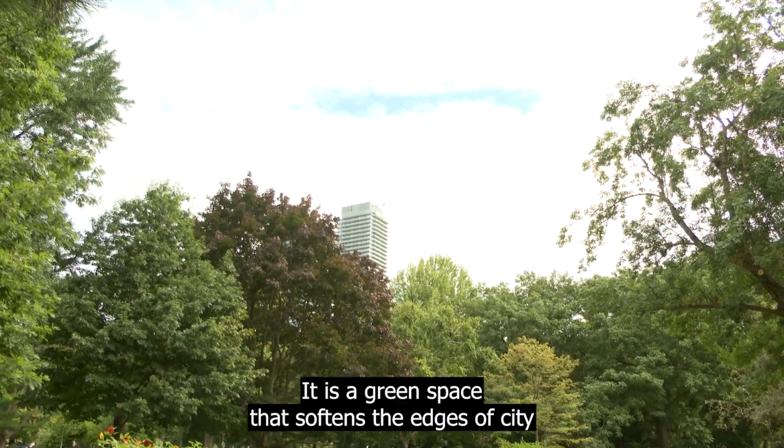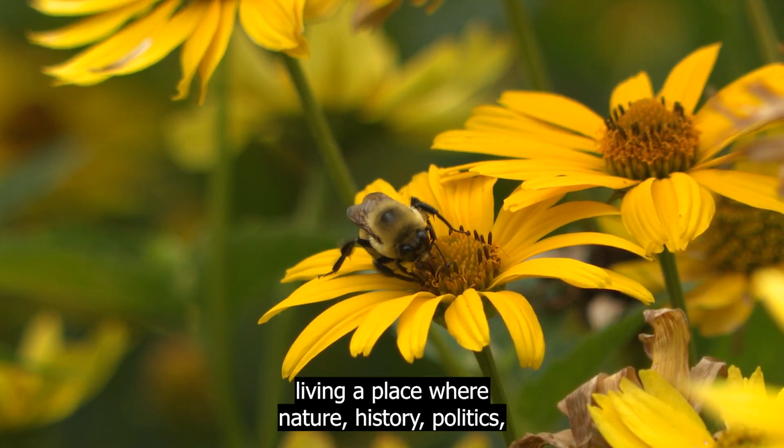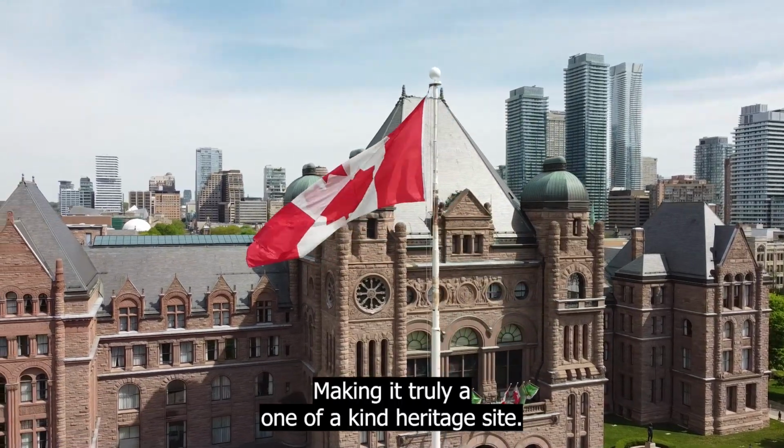It is a green space that softens the edges of city living, a place where nature, history, politics, recreation, and democracy connect with each other, making it truly a